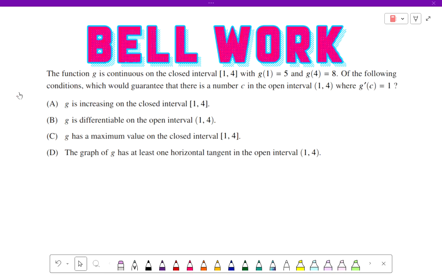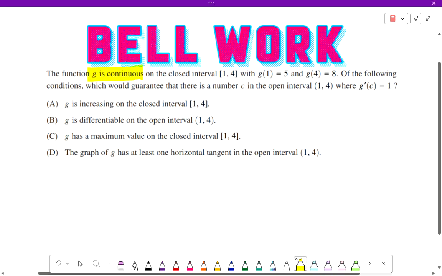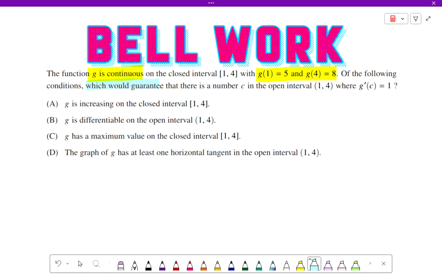So looking at bell work today, it's picking up where we left off yesterday. It says G is continuous. You've got a function G, continuous on a closed interval, 1 to 4. G of 1 is 5, and G of 4 is 8. Of the following conditions, which would guarantee there to be a number between 1 and 4 where the derivative is